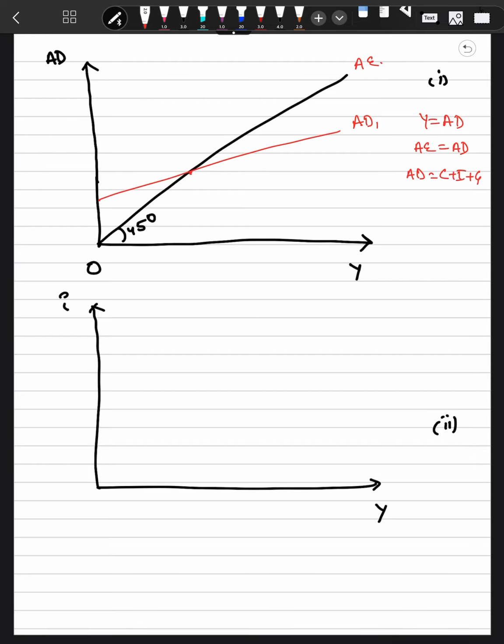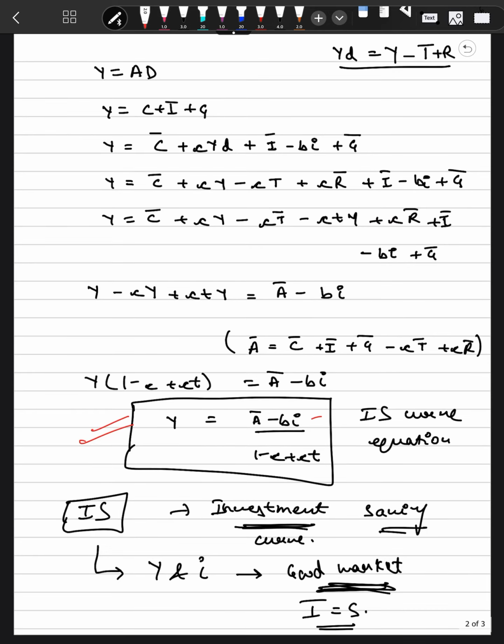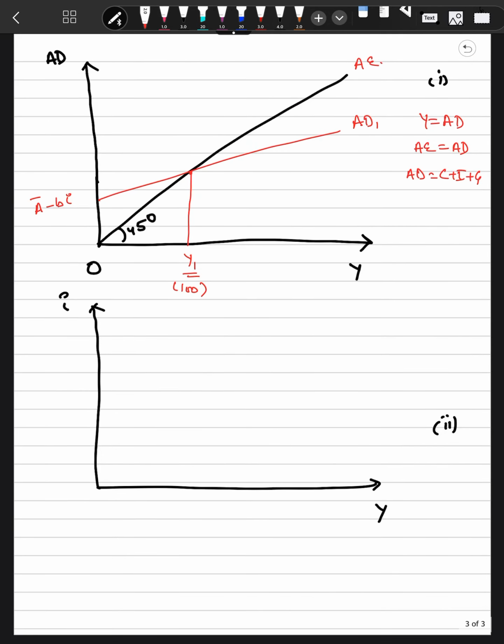So this is the point of equilibrium, and we have derived that currently in this present situation we are at the point of Y1. Now this can be, say, output is 100, and this curve represents AD, wherein we are taking it as A bar minus BI. ये A bar minus BI हमारा इस equation से आया है. Okay. So this is A bar minus BI1.